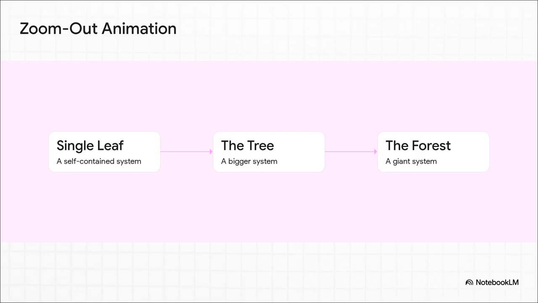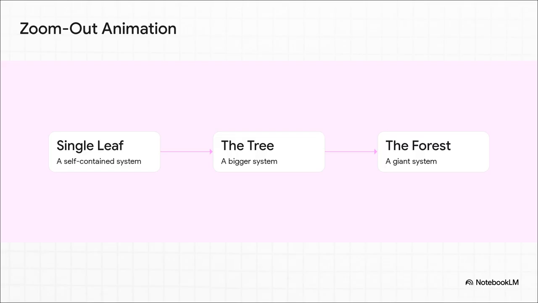But then, for step 2, we zoom out. We realize that leaf, with all its internal complexity, is connected to a branch, which is connected to a trunk. It's inherently reliant on the systemic flow of water and nutrients from a much bigger system, the tree. And finally, step 3, we zoom out even further. The tree itself is just one small participant in a giant, staggeringly complex network, the vast forest ecosystem.